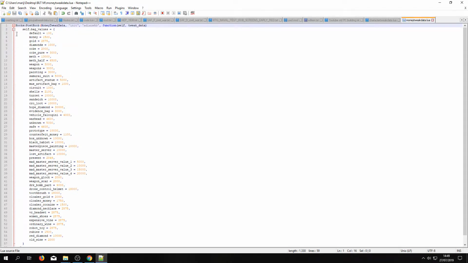So now we are overriding only this part of the function, and the rest will be loaded by the game normally. Now we want to change, let's say we want to make a safe 100 value higher. Now in game these values that I chose as an example are multiplied and way higher, so you cannot just look at this. I think they are about 230 times higher in game. So you need to calculate a bit. So let's say I want unknown loot to be 10,000. This is, by the way, the dentist loot. I know that by heart.